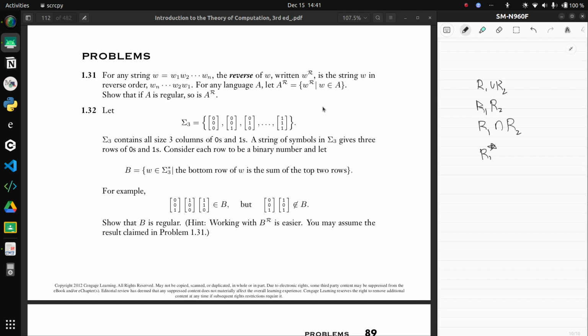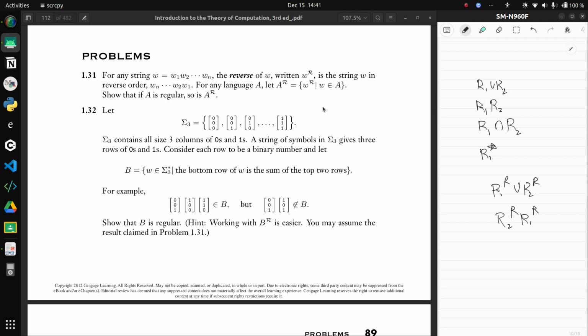If this is your regular expression, then the reverse of the language R1 union R2 is just the reverse of the language which R1 provides, union R2 reverse. It's easy to see, because R1 generates some language, R2 generates some language, and this is the union of that. So the reverse of that union is going to be the union of the reverse of the languages. Easy, right? Similarly with the concatenation, you just have R2 reverse and then R1 reverse,